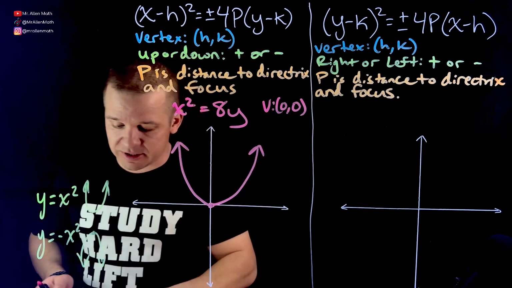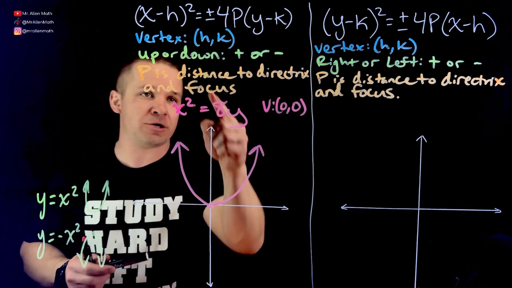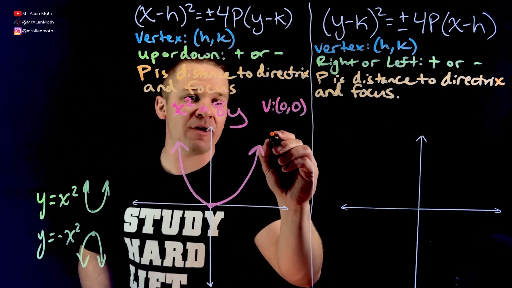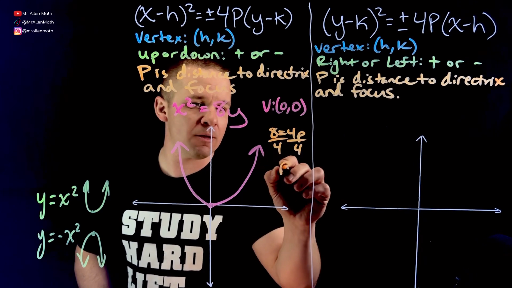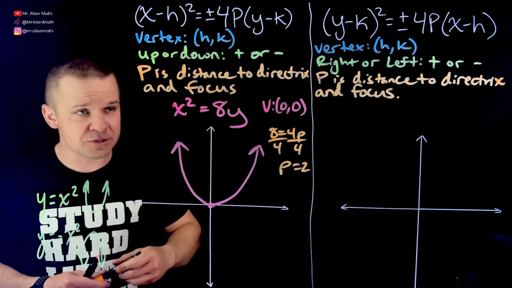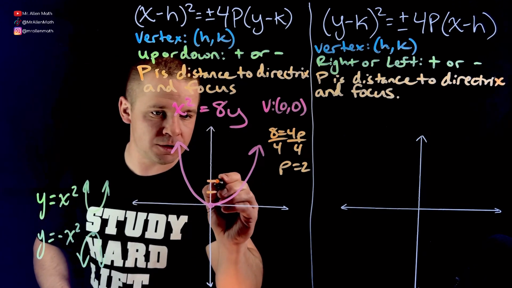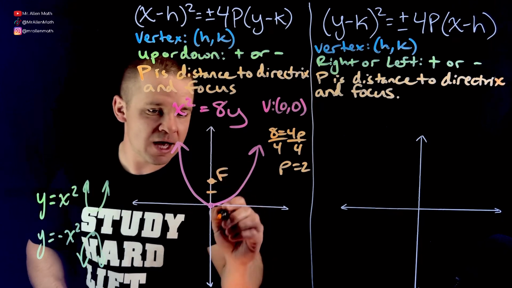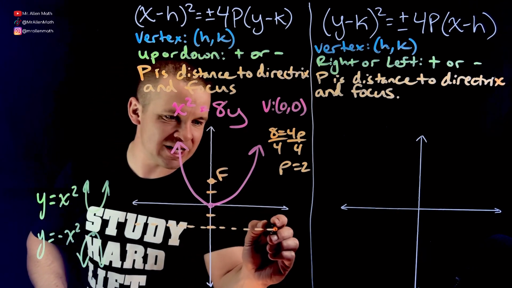But if you'd like, you can always do a little side math here, and I'll do that with the orange so it matches our P thing here. We have 8 equals 4P. And I would divide by 4, and I get P equals 2. So that tells me I am 2 units away from the vertex. So 1, 2, that's my focus. And then down 1, 2, this is my directrix,